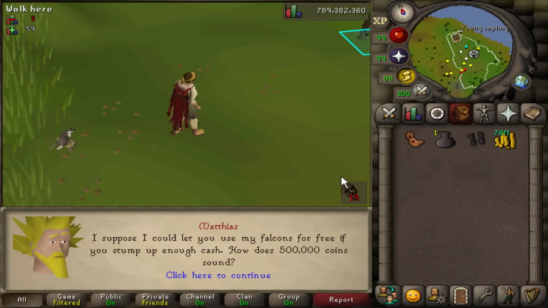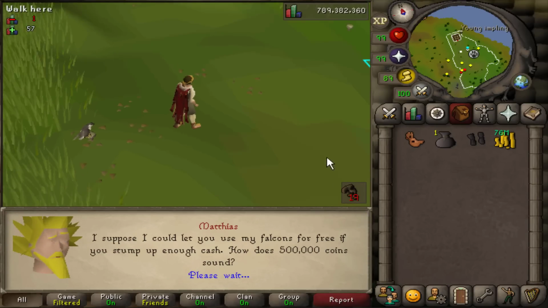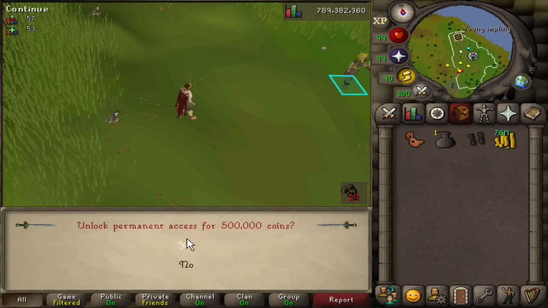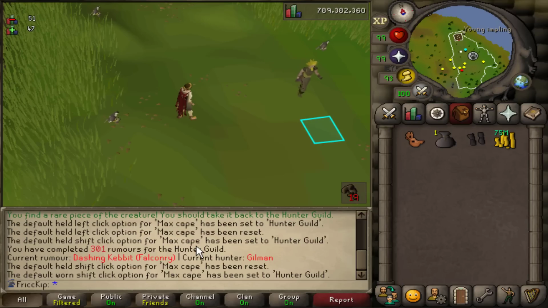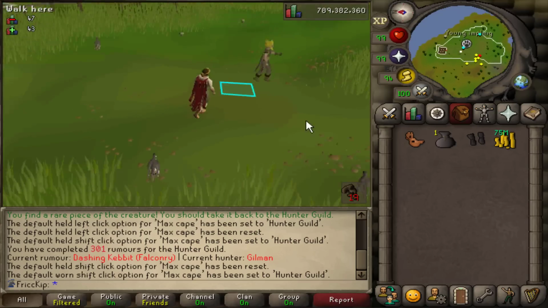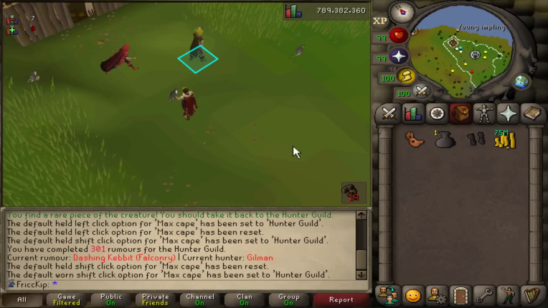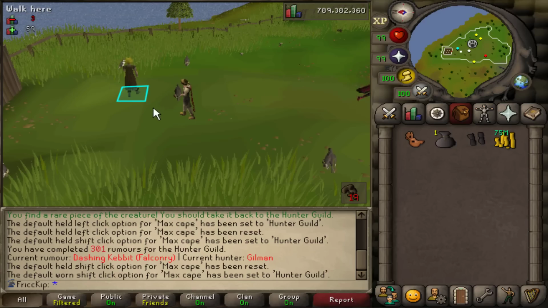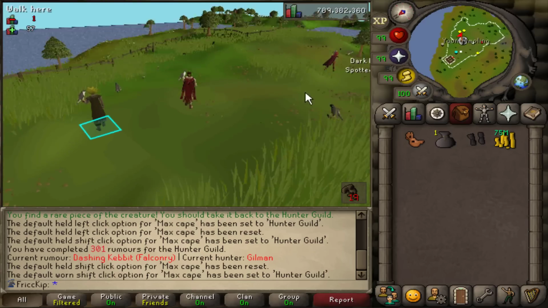Something else that was added since the last time I've done Hunter rumors is the ability to get unlimited falcons from him without having to pay each time. Not that I'm necessarily going to be using the falcons 1,000 times, but mainly because I don't want to have to bring the GP with me every time, and it's a completionist unlock kind of thing. And also this quick option to quickly get a falcon was not a thing last time I did rumors. You had to go through the dialogue each time, and it added quite a bit of time, so